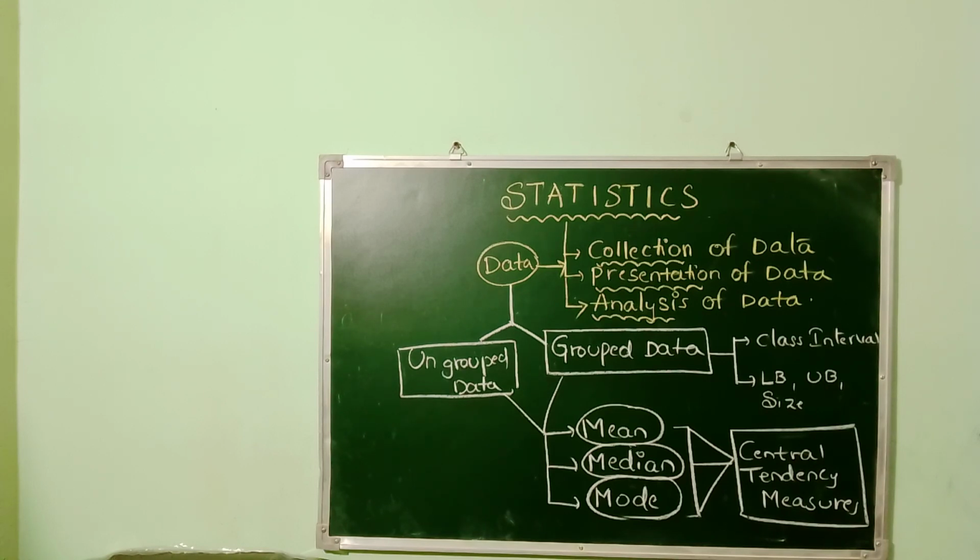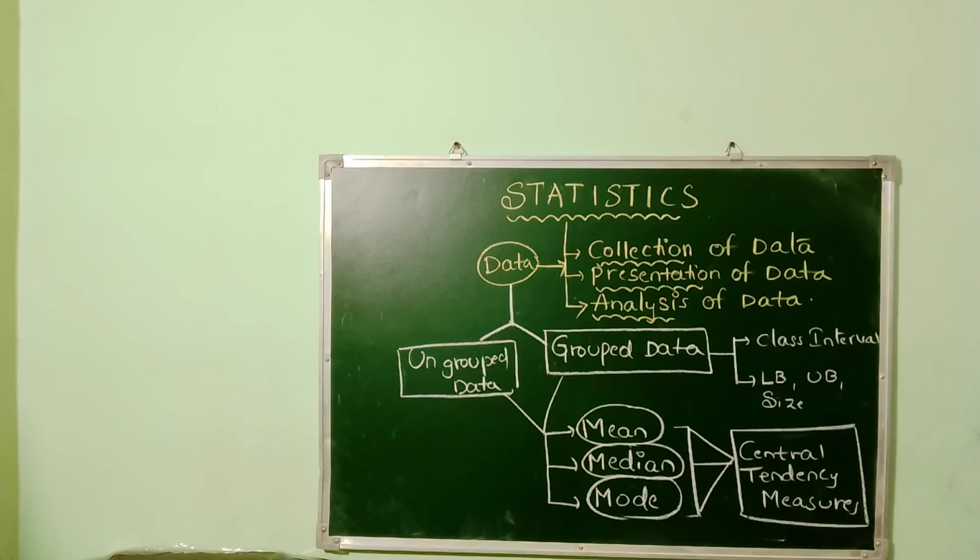After that, if you observe just down from the data, data has been classified into two categories. One is ungrouped data, and the second one is grouped data. So data is always mainly of two types, grouped data and ungrouped data. Then we need to know the basic difference between grouped data and ungrouped data. Generally, ungrouped data is nothing but data which is not in a unique format. It is random, whatever the numbers may be, they are ready to visualize.